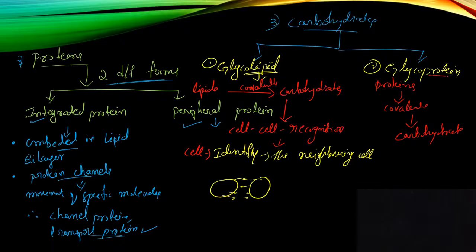The combination of proteins and glyco, which refers to the carbohydrates. Here the protein and the carbohydrates join together by a covalent bond, and this conjugated structure is